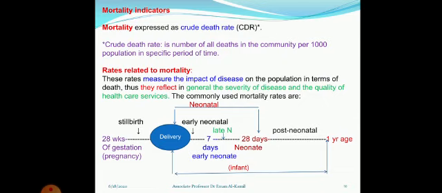The first period is the stillbirth, and the second period is the first week of life, which is the early neonatal death. So the perinatal mortality rate is the number of deaths of the fetus after the age of 28 weeks of gestation, plus the deaths in the first week of life, which is the early neonatal death, divided by the total